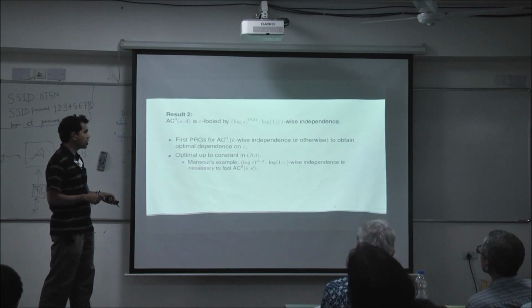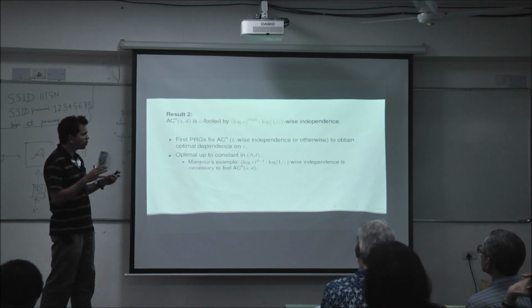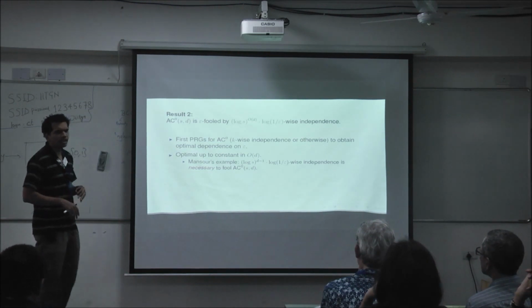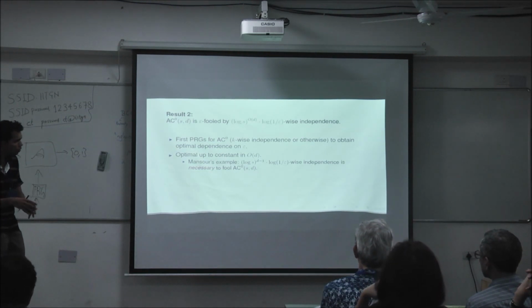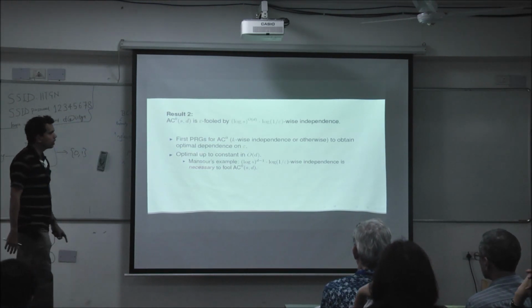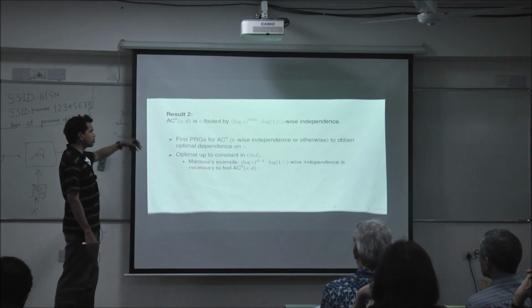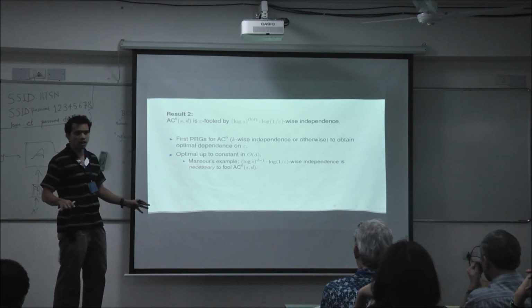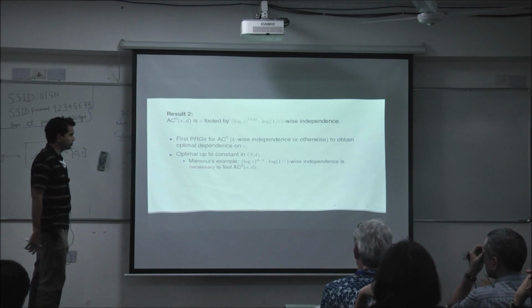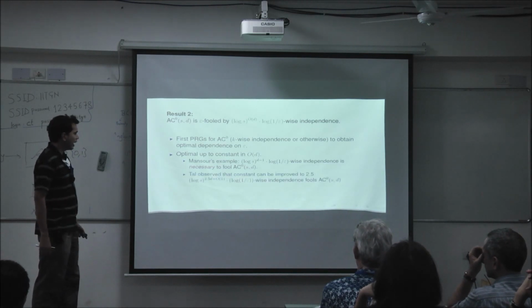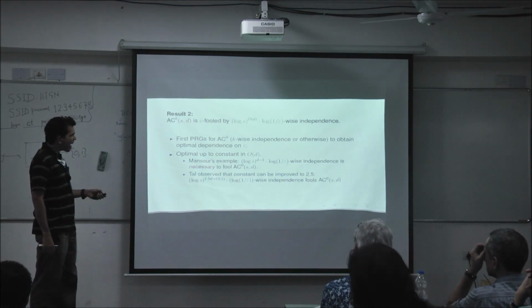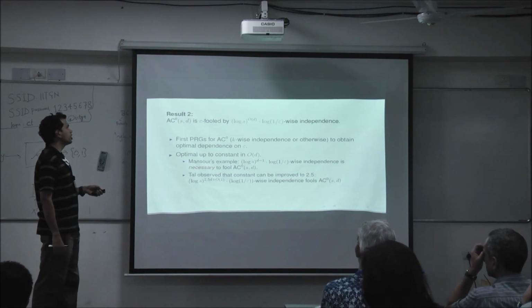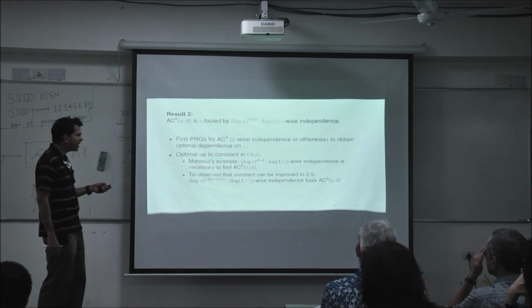Drove this entire conjecture. It's known that if you want to fool AC0, you need so much independence. So this independence is roughly (log s)^d times log 1/epsilon. So we have log s to the order d times log 1/epsilon, but you can't do better than (log s)^d times log 1/epsilon. It's not possible. And if you stare at our parameters in our theorem a little bit, you can show that the constant in the order is 3.